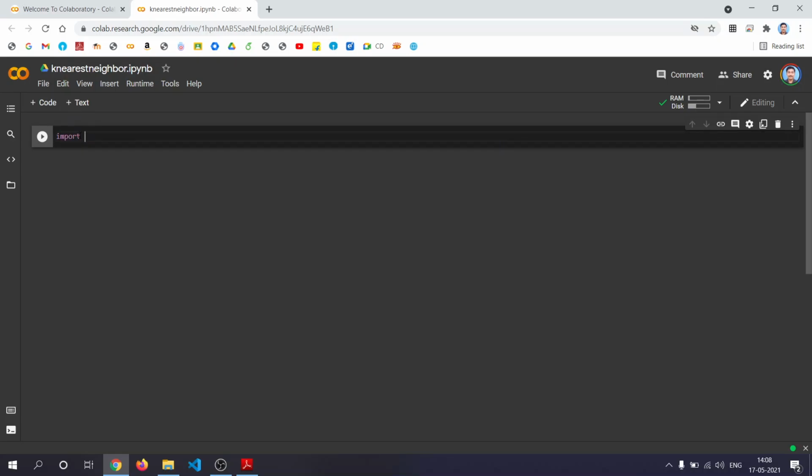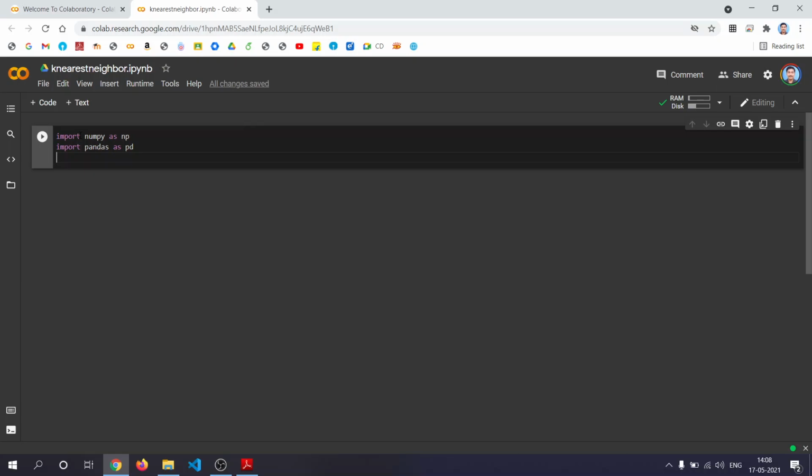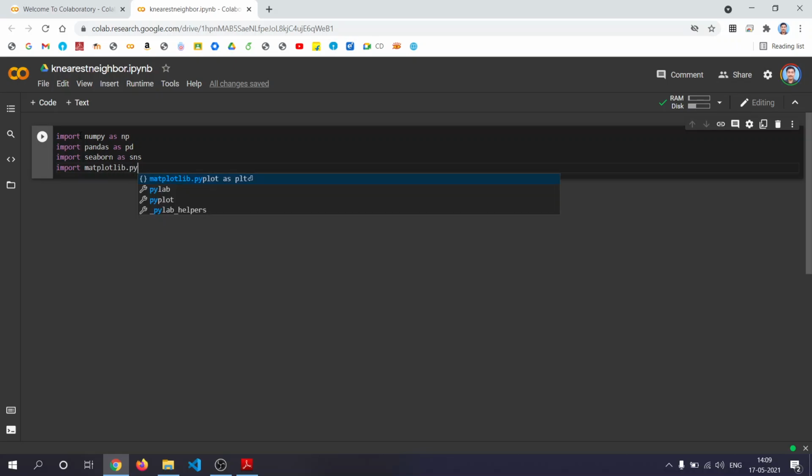We need to import numpy, then pandas, then we need matplotlib and seaborn. Matplotlib.pyplot as plt.